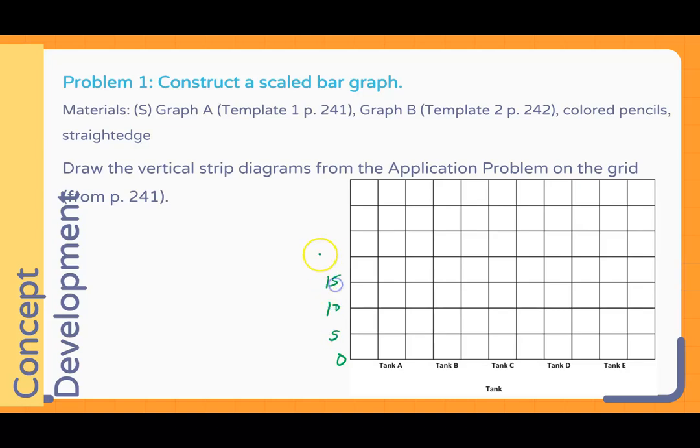10, 15, 20, 25, 30, 35. Okay. And we have the days at the bottom. We have the tank. Okay. We don't have a title. Title would be the number of fish